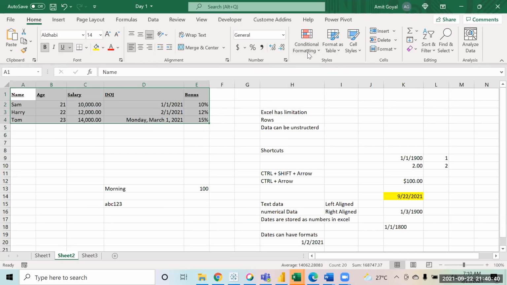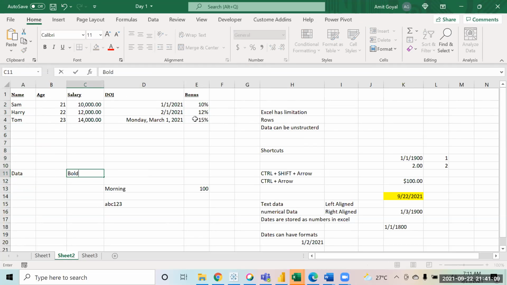Now, when we create some data in Excel, we have to understand it is not just the data that we are storing. There are a lot of other things that we can add on top of that. If you see this header that I have, the headers are made bold and underlined.